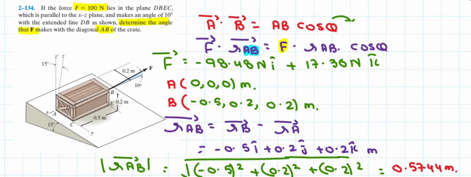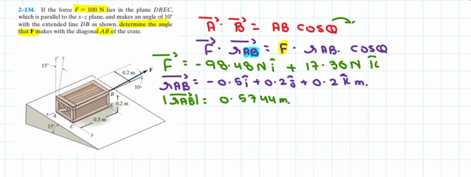Now we successfully found the position vector of RAB as well as the magnitude of RAB, and the most important thing, the Cartesian form or the vectorial form of force F. So just plug all the values into that particular general formula and get the answer. So I'm erasing some extra things from here. Now these are all the values which we required for further calculation, and Alhamdulillah we successfully found them out.